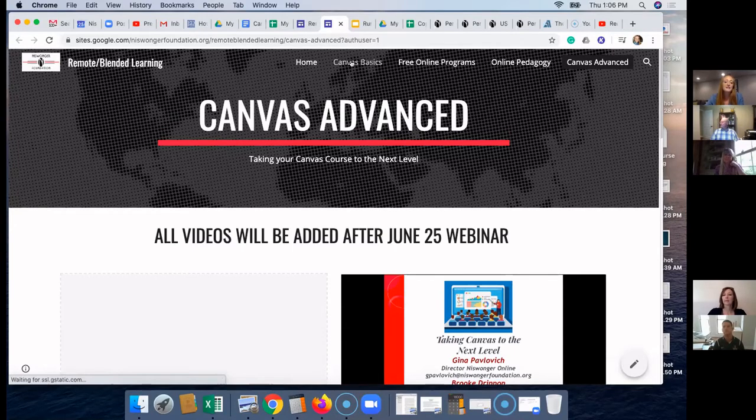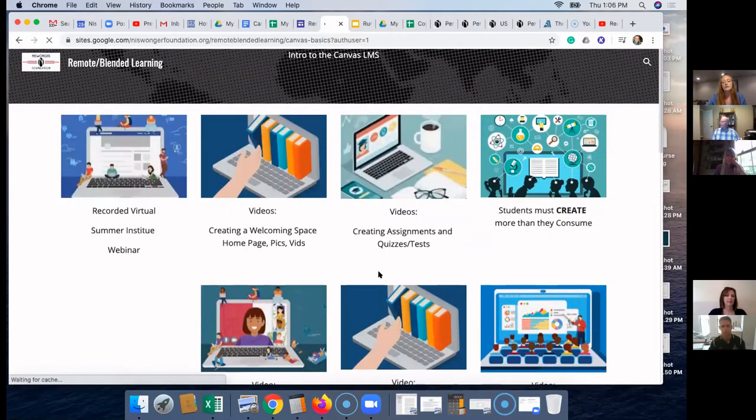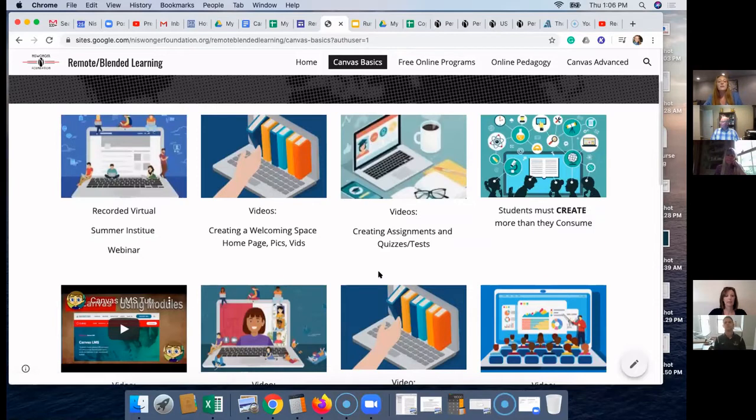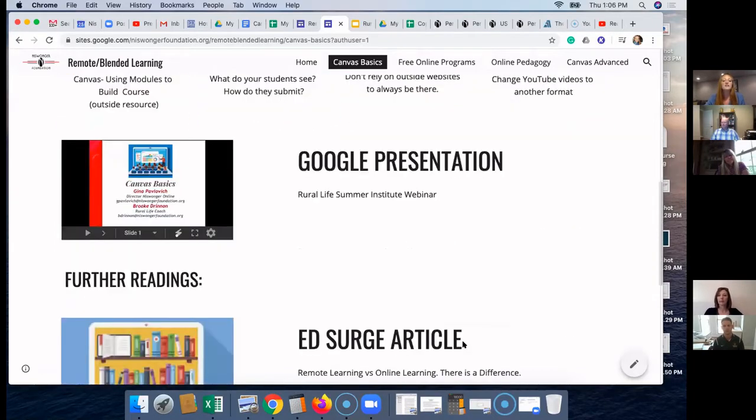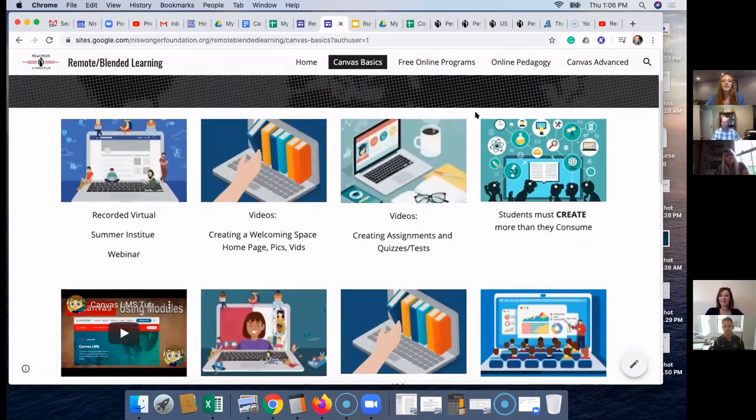Like this Canvas Basics one is one that I've been adding to the most, because teachers who were in that webinar with me would email me later on and say, Gina, what about this? How do I do this? And I'd say, that's a great question. I'm sure others have it. And so I would make a short video on how you can do this, or how you can embed a video here, or how I can use YouTube even though my school system blocks YouTube videos. So feel free to check out all of these links here to help give you ideas for free programs you can use for doing things within Canvas.